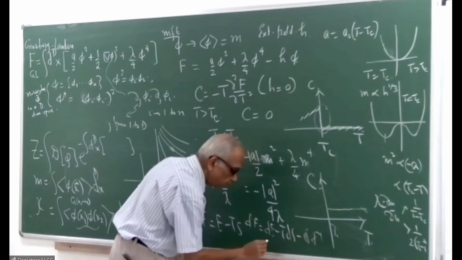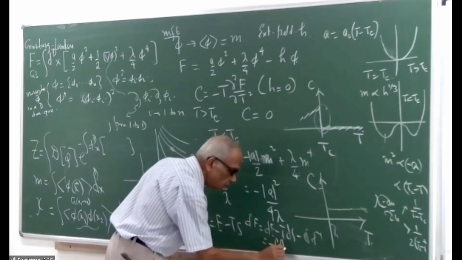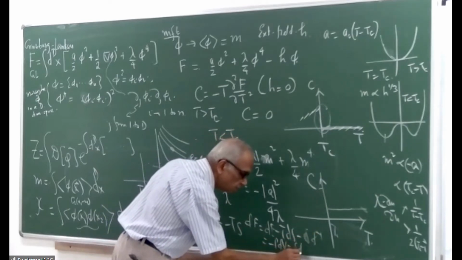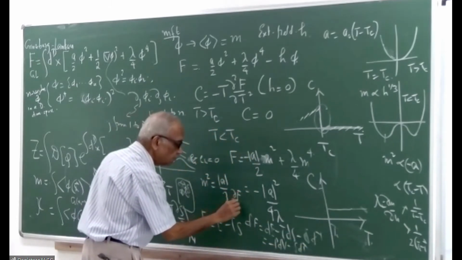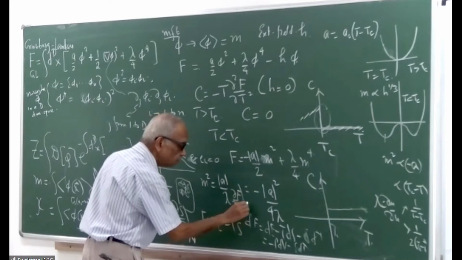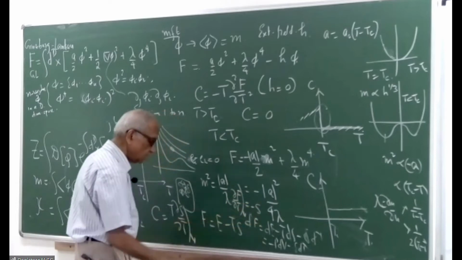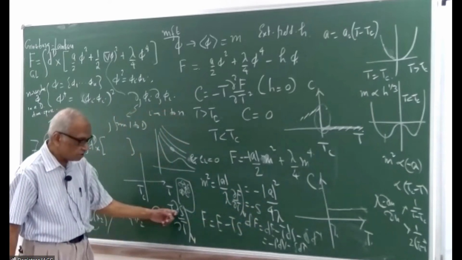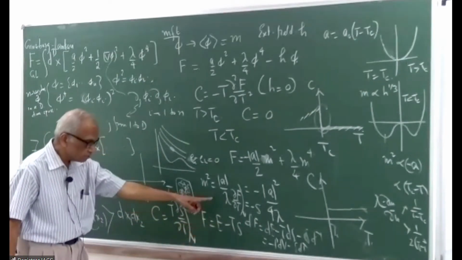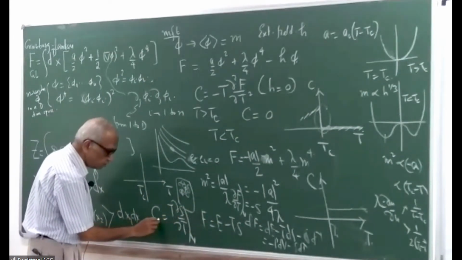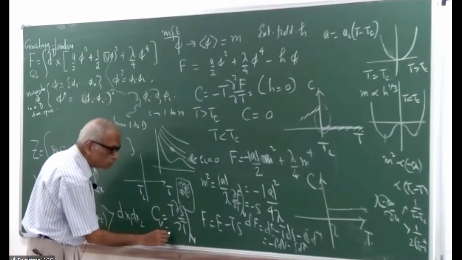This is minus PdV, and this is minus SdT. So del F del T at constant V is equal to minus S, and therefore S is minus del F del T at constant V. So this specific heat at constant volume is minus T